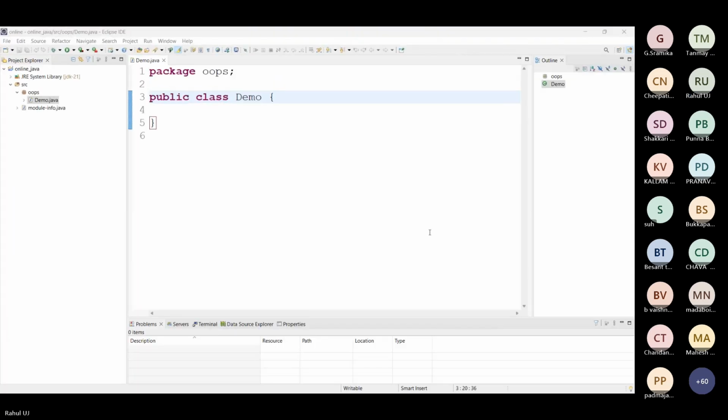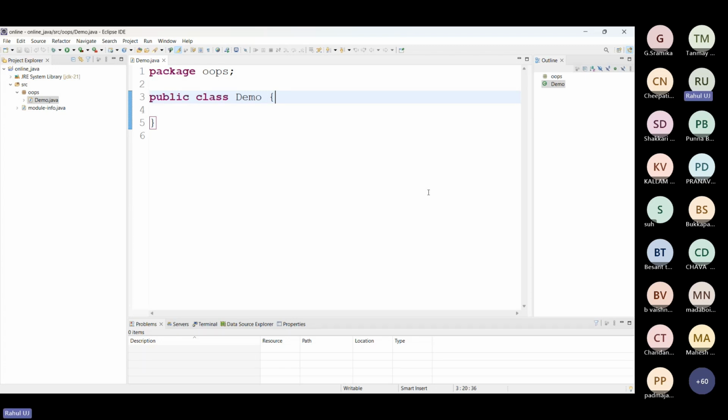In the same way, a package is also a collection of programs.